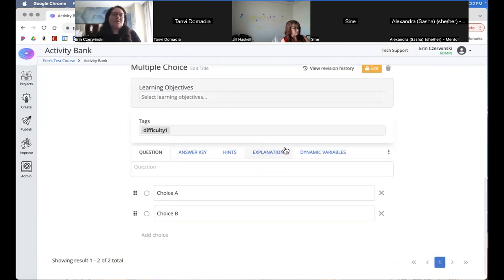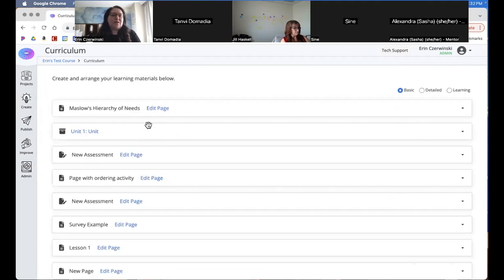And the way you use an activity bank is you can use these in a formative page or a summative page. They're usually used more to create pools of questions for summative assessments. That's a good way to use them.